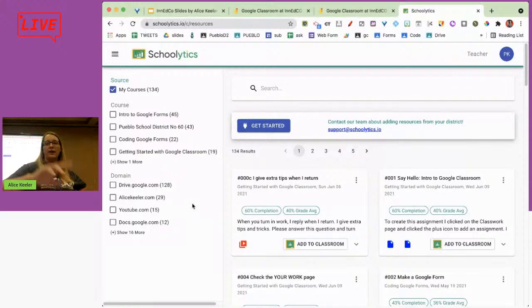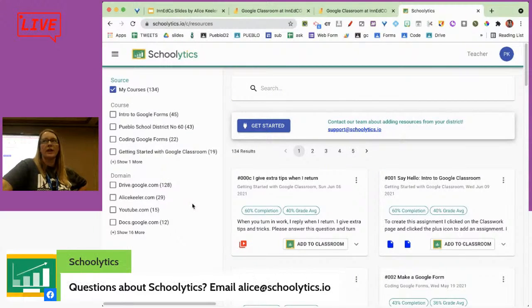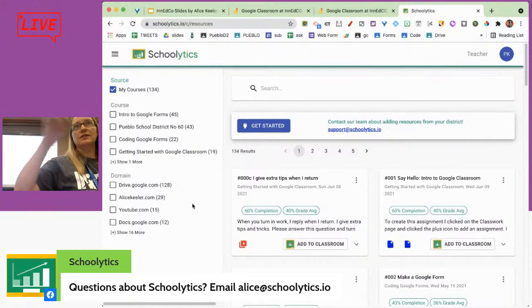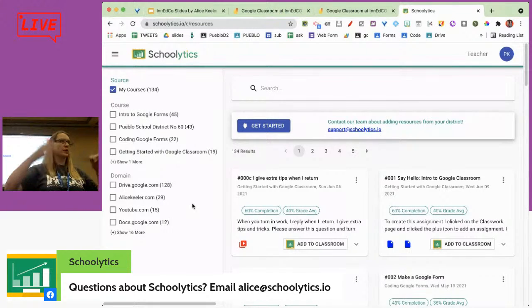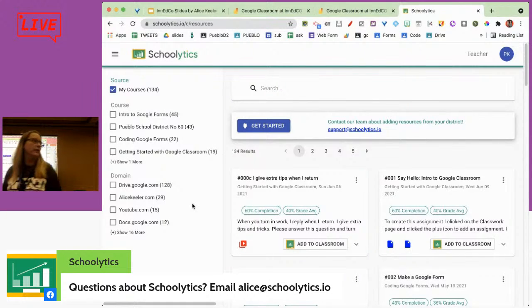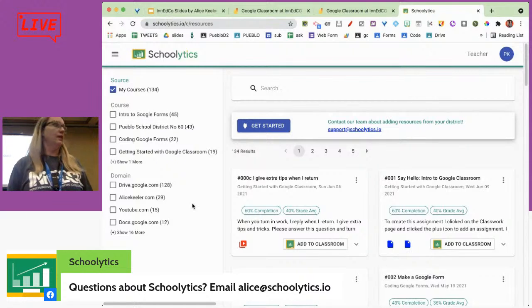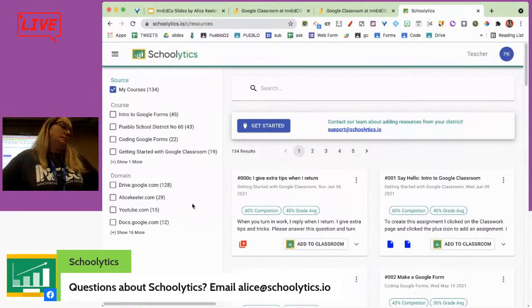So what Anna is saying is that we are working on allowing you to align to standards. And if we have your particular assessments, we can help you align those to standards and get them organized so you can sort by standard on the side.